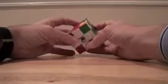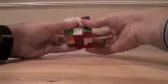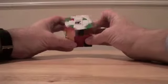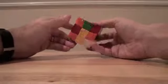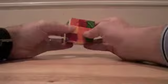Alright, so these 2 are here. See if we can put a green one in here. We can. So, last but not least, move it twice. 1, 2, and all of these are solved. So everything is in where they need to be, and we are within 180 degrees of where the center should